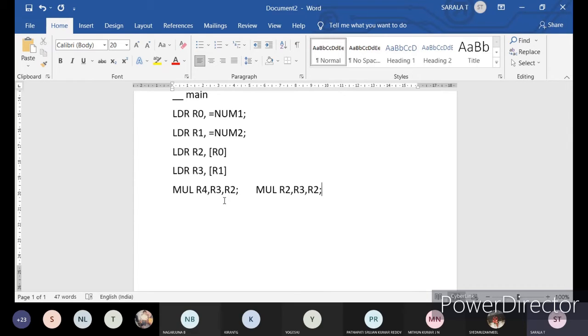See, R2 has FFFF, R3 also has FFFF. Multiply those two and store it back into R2 only, no problem, because you are not doing any further multiplication. If you are getting confused with this, don't worry. Simply take one more register, multiply the R2 and R3 values, and store it into the new register. That will be better for you, I think.